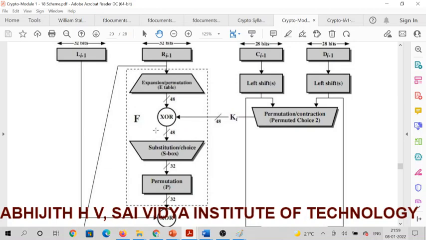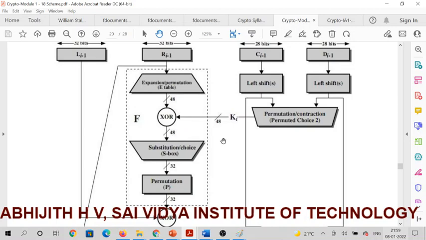According to the expansion table, the data will be expanded. Then the 48-bit data will be XORed with the 48-bit key. After permutation, we will be considering only 48 bits of the key. So we perform the XOR operation.